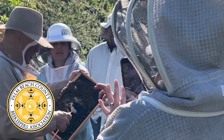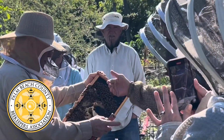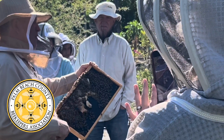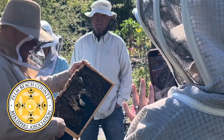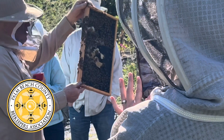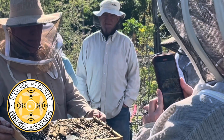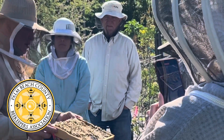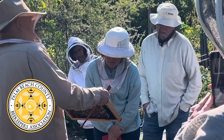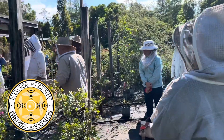Now, if you've got a bigger sheet and you can get underneath it, if it's already starting to get some tap root, would you just do a cutout and go in? No, it's too much work. For me, it is. As a backyard beekeeper, if you wanted to try to save it, you could. But it's a lot of work, and what you're going to get is really not that much. You end up with foundationless comb in a box, which isn't bad, but it's a little different. If it's done right, it's perfectly fine. But if it's wonky or a little soft, it tends to be a pain. So, anyway,